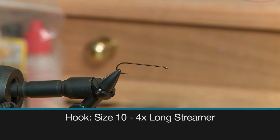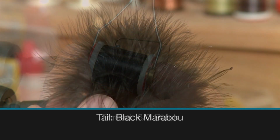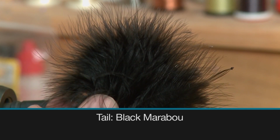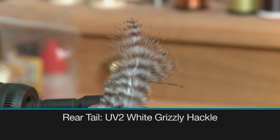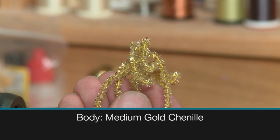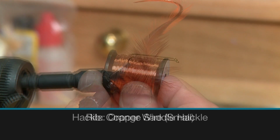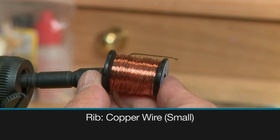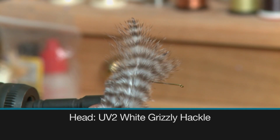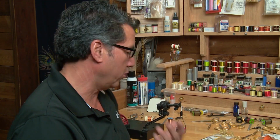For the hook, we use a size 10 4x long streamer, some 6/0 black thread to tie with, some black Marabou for the tail, some UV2 white Grizzly hackle for the rear collar, some medium gold chenille for the body, some orange saddle hackle as the hackle, some copper wire small for the rib, and some UV2 white Grizzly hackle for the head. To start the fly off, I've tied on my thread and formed a bit of a base